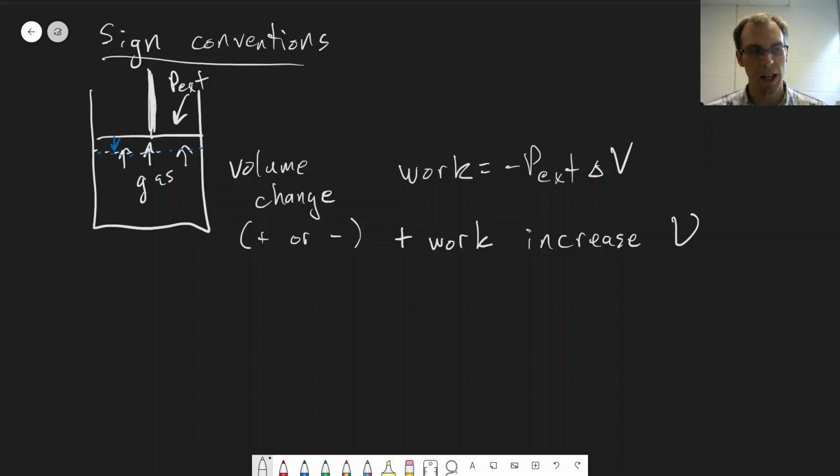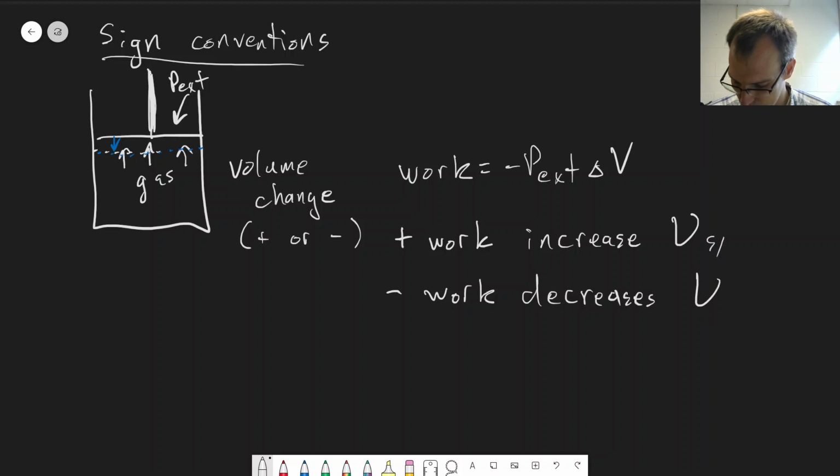If we increase the internal energy of the system, right, if we compress the piston, it has more ability to do work because it can then push back further, right? So the more you compress, the more energy gets stored up inside of the gas, right? The internal pressure will increase, which means it has greater ability to do work. So the sign convention is that a positive work value increases the internal energy in the system, and a negative work decreases